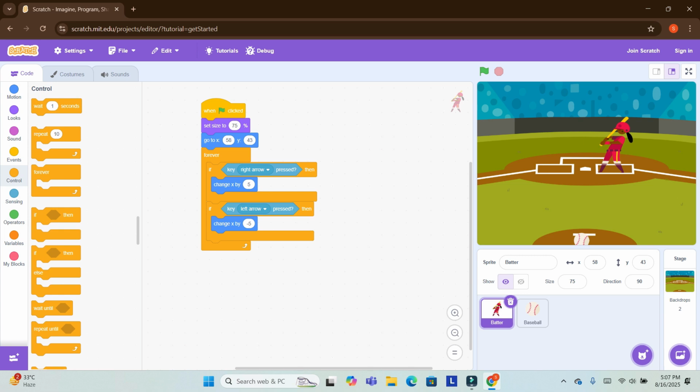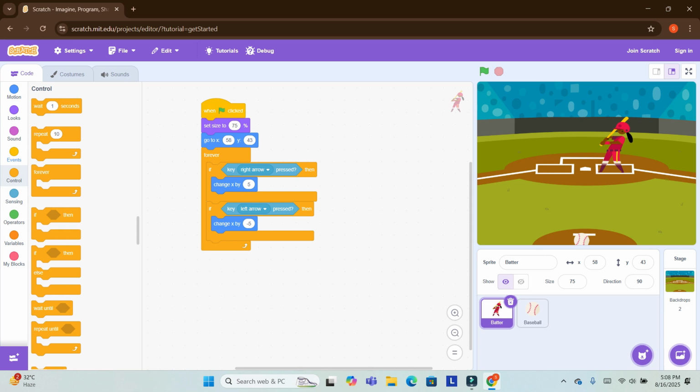The meaning of this block is if we press the right arrow key, then the batsman moves to the right direction. When we press the left arrow key, then the batsman moves to the left direction. That's why, to control the batsman movement, we have put all these blocks.